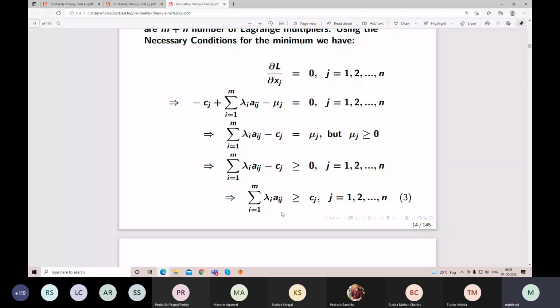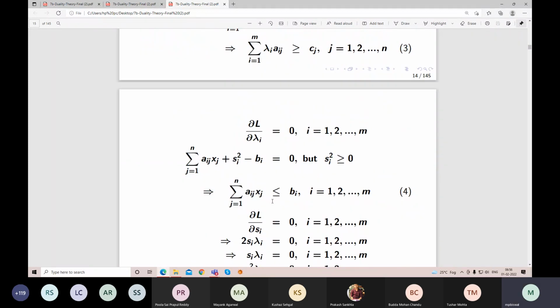Then how many numbers? n in number. Earlier, for the primal constraints, there was m in number; now it is n in number. Okay, so lambda equals yi. First part is over. Now we are coming to the partial derivative with respect to the second, let us say lambda i,